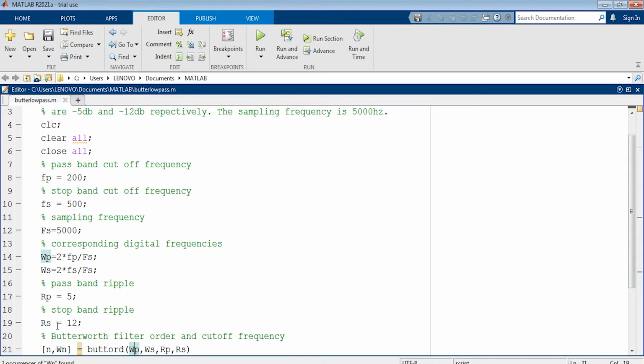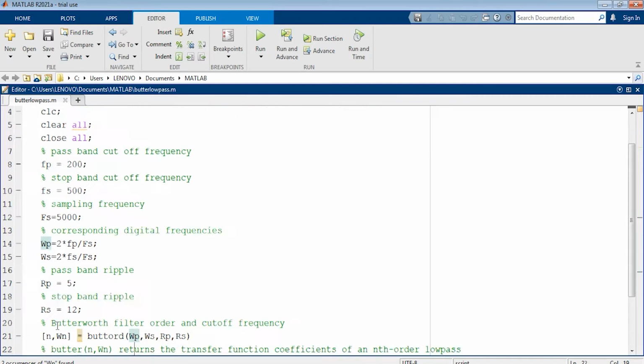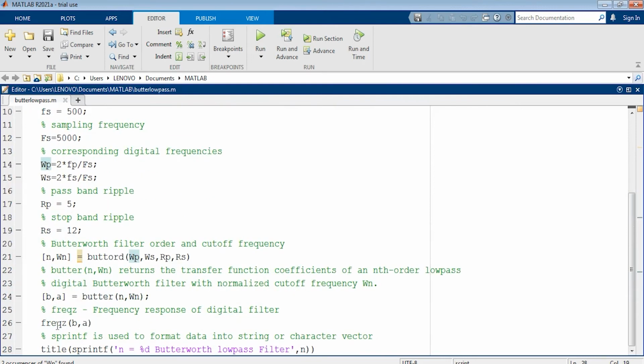Next you have to find out the order of the filter. The order of the filter can be found in MATLAB with the Butterworth filter by using the command buttord, B-U-T-T-O-R-D. This is a built-in command which is used to find the order of the IIR filter, and it will also give the cutoff frequency.